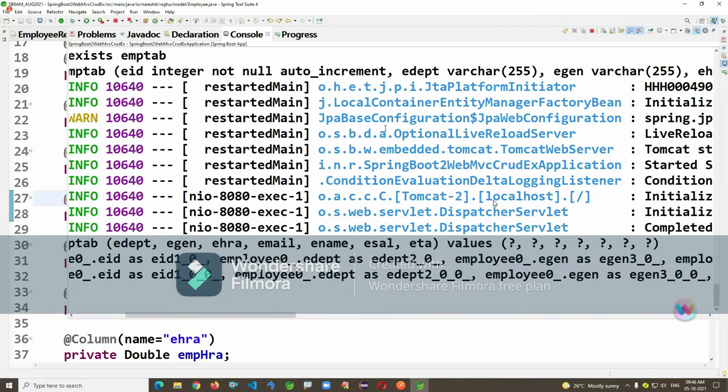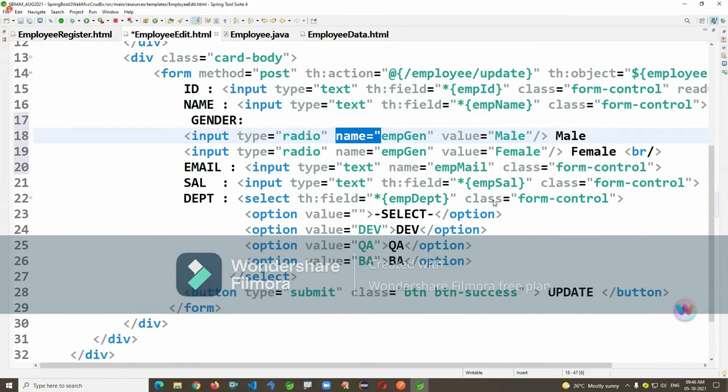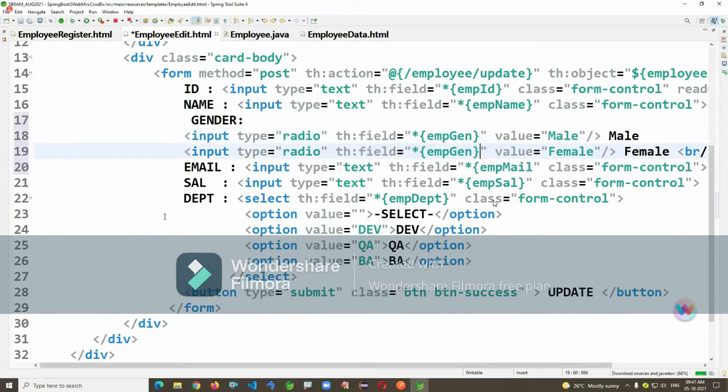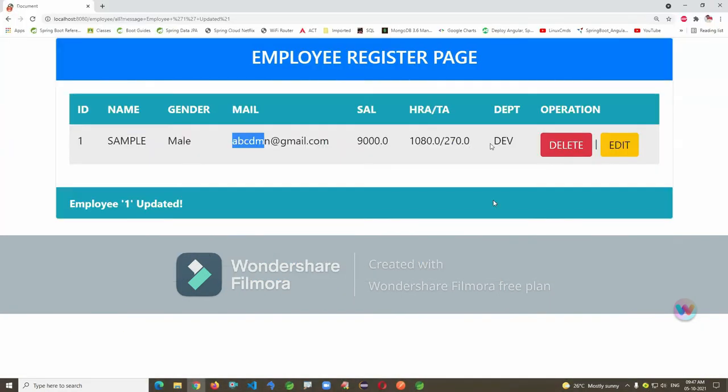Person means a person who can ship the items. So if I ship the items, I want to send the items to your home. Like this I'm writing, these are the requirements: ship items, track. Yeah, now we are able to get the values here. This is one ABCDMN. Gave you this, update 9,000 salary, updating and dev. That's a perfect one here.